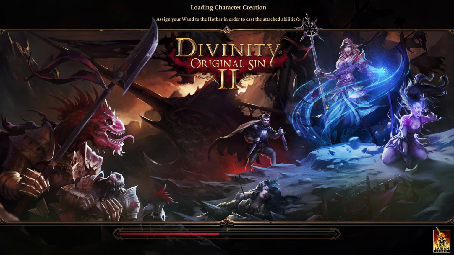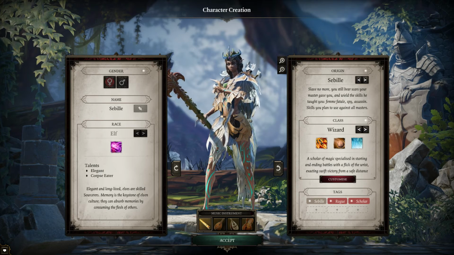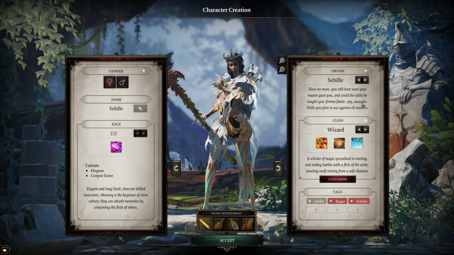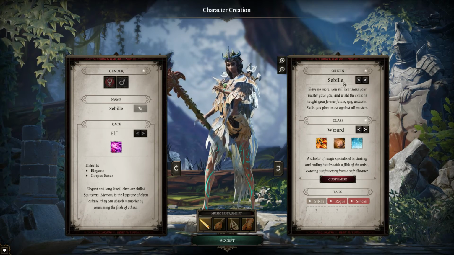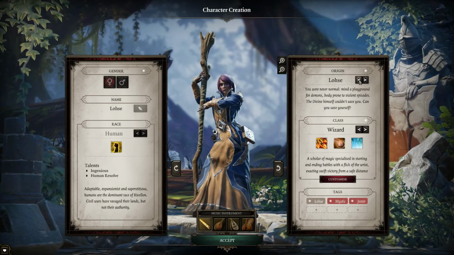Here we go. Character creation, just like you'd expect. Divinity Original Sin 2, this game's title is too long, has a number of different preset origins. You'll see over here there's an origin. We've got Sibyl, the Red Prince, Laos,